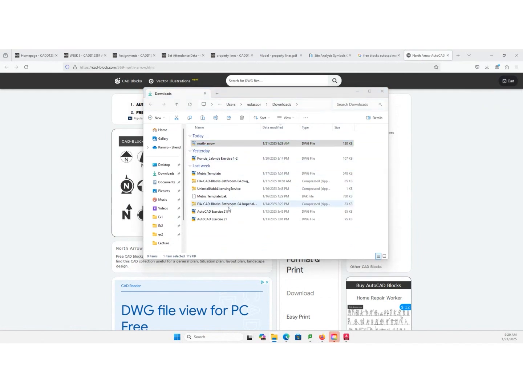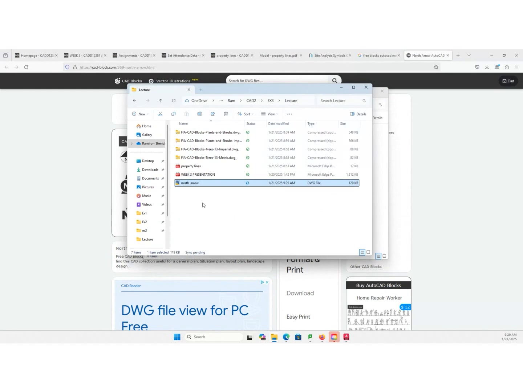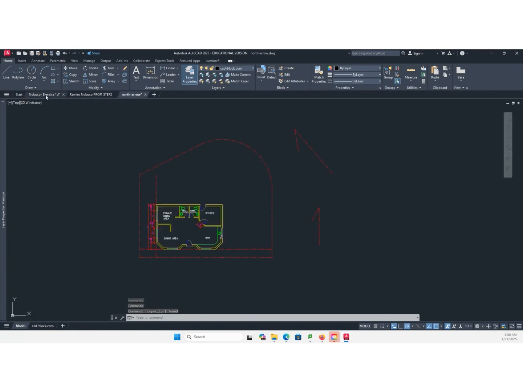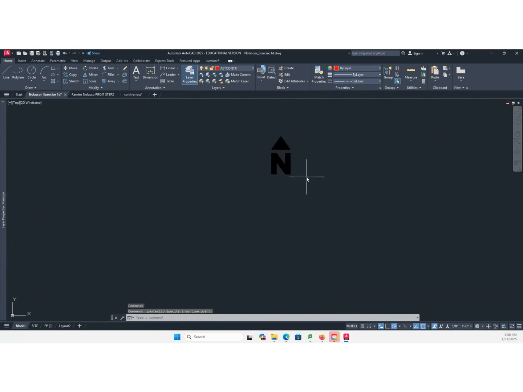Go to your folder, paste it there, create a folder for symbols, or for what you are using, and then choose one. Maybe this one here. Control C, and then go back to your exercise. Control V. That's too small, but we can scale it up.